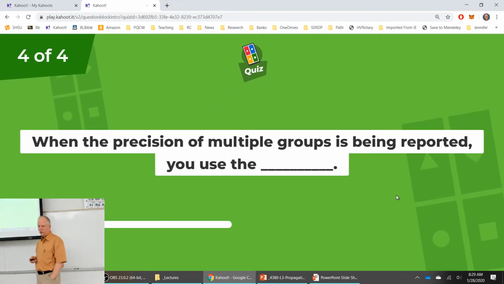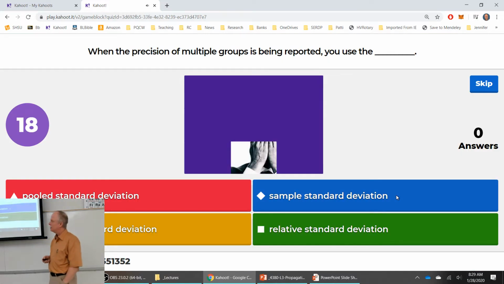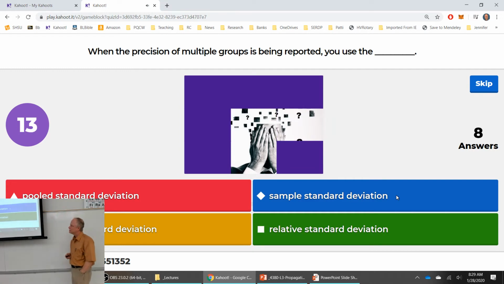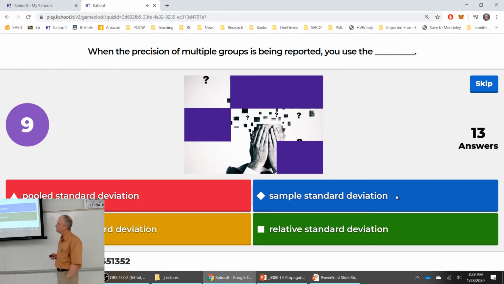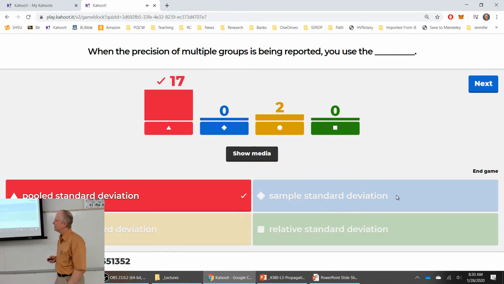When the precision of multiple groups is being reported, which do you use? There's a whole lot of standard deviations. It's like there's no standard. All right. That's good. So you use the pooled standard deviation, which again is really the weighted average of all